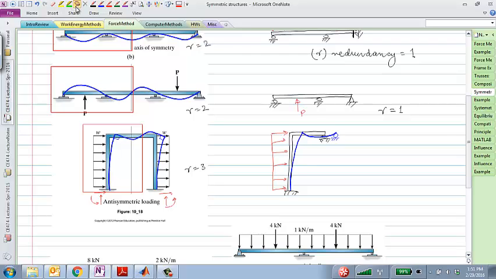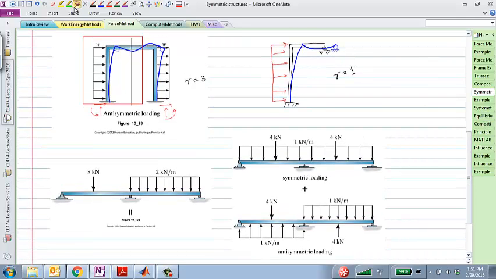So now here's a question: what's the degree of indeterminacy for this problem? 1, right? It's fixed right here and just 1 extra support here. So the degree of redundancy went down from 3 to 1. That would be a much easier problem to solve, right? All right, so